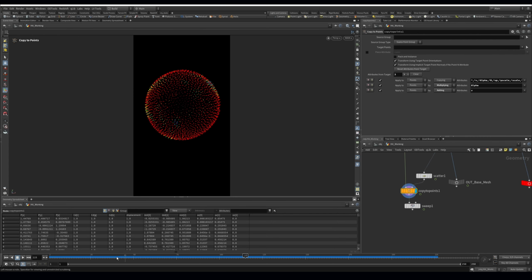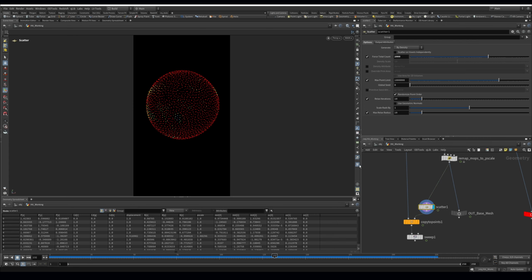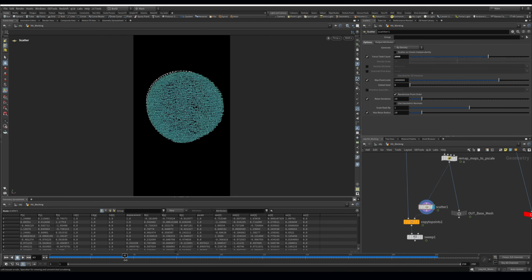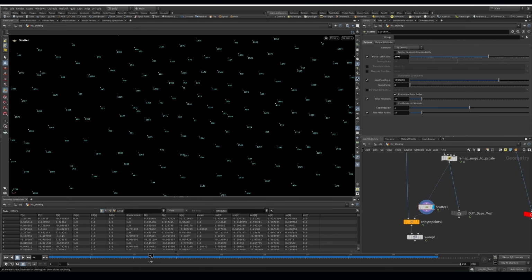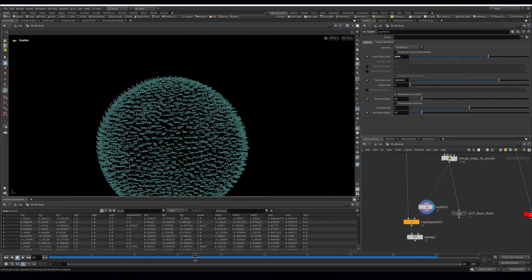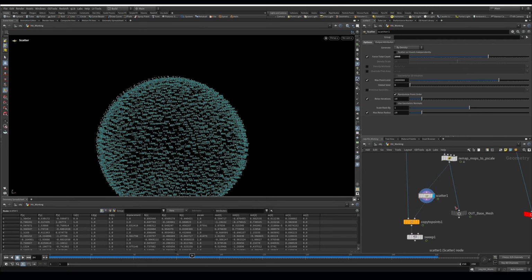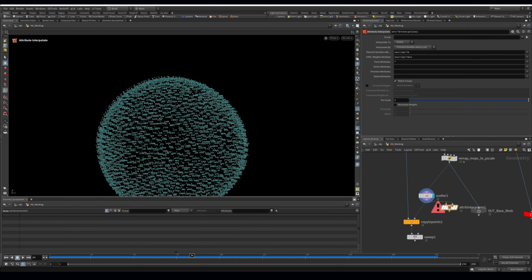So now if we go to our lines over here, as these grow in, they grow in and they stay in. And I think this here is now giving us issues because of the changing point count. Yeah, you can see that these numbers are all changing every frame and it's going a bit crazy. I think it is. It definitely looks like it. And we can easily fix that with the attribute interpolate. We spoke about this in the last tutorial, where we just time shift this